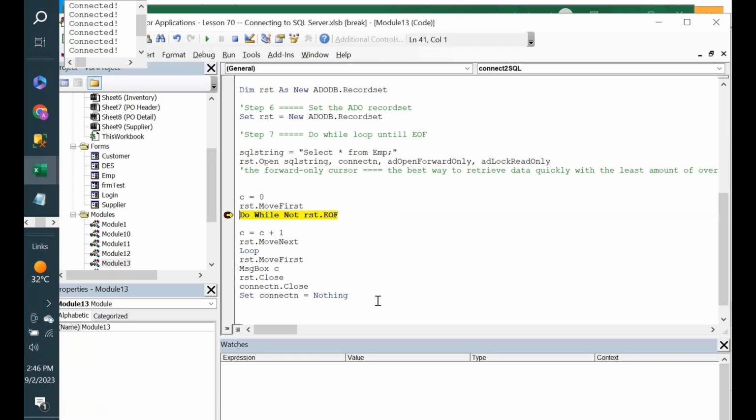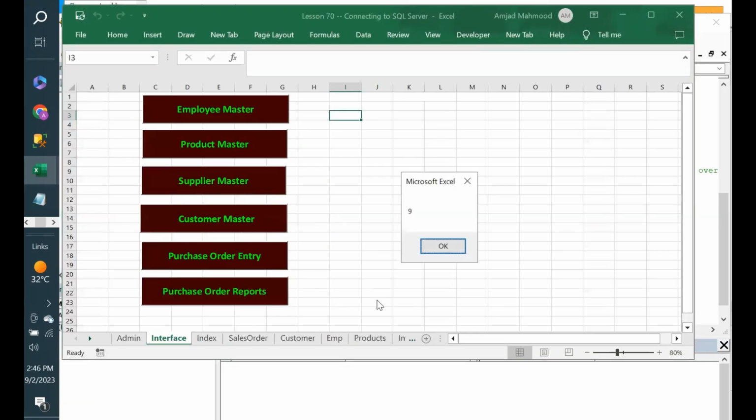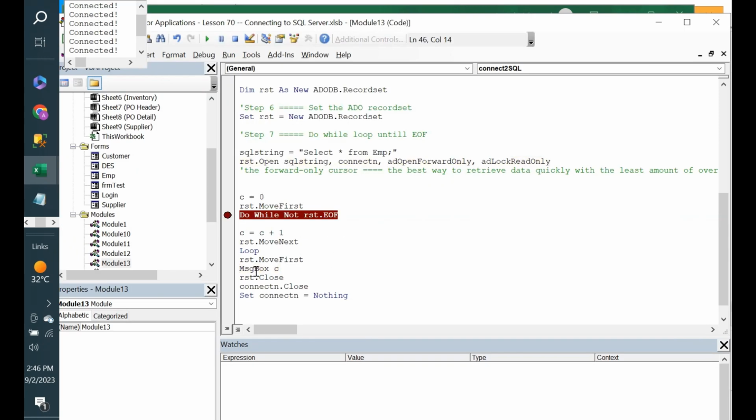Okay. Now it is counting how many records there are. This loop will carry out 9 times to bring you this message that you have 9 records, right? So you have managed not only to connect to the SQL Server database, but also to open the record set,